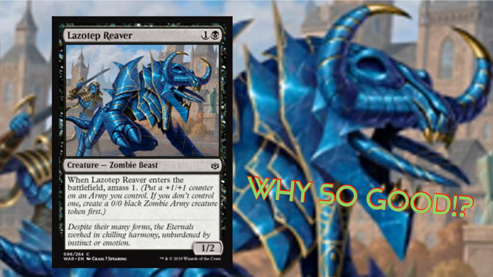It's been a couple minutes since I have recorded and uploaded anything, but here I am to tell you guys about some Pauper War of the Spark spoilers. Starting off, this is Lazotep Reaver, a 2-mana 1/2, and when it enters the battlefield, it amasses 1, and amass is the new mechanic that